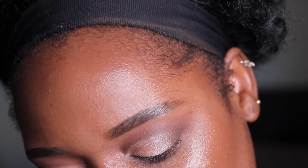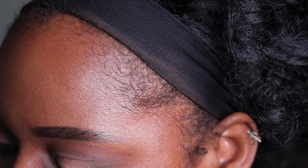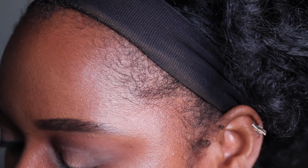So I kind of want to define the outer V some more. So we're going to add a little bit of black on the outer V. So we're going to go back to the Anastasia palette and we're going to pick up the black shadow that's called Noir, I believe. Yes, Noir. Black in French, okay? So let me grab,